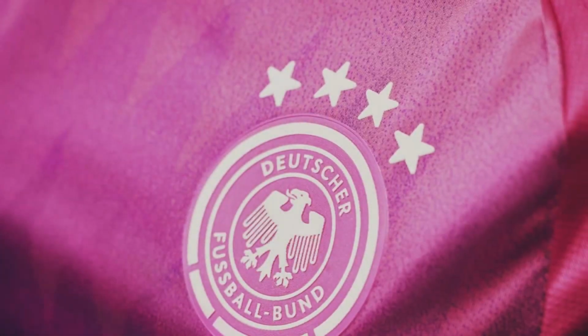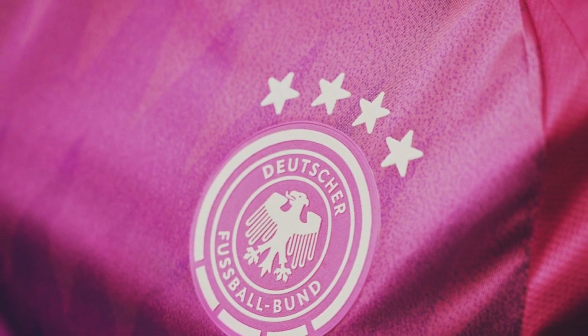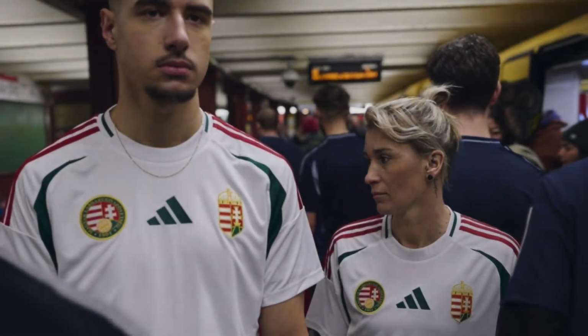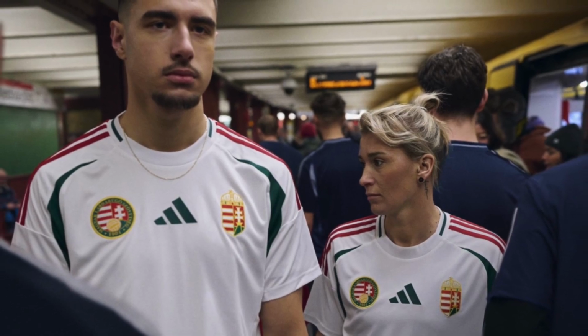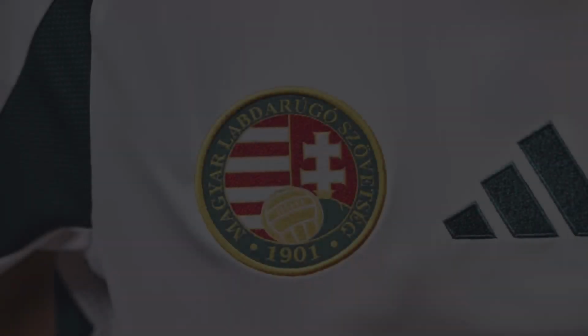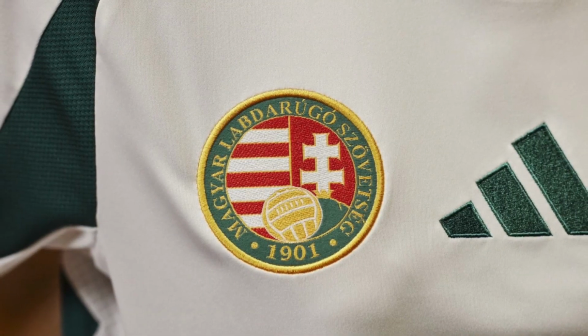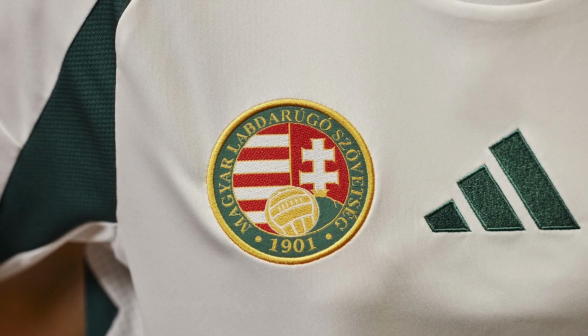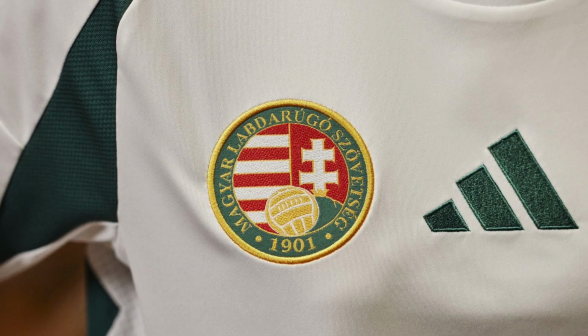The away version opts for pristine white, incorporating colors through stripes and inserts. Meanwhile, Wales stays true to tradition with their home kit, while the standout feature of their away attire lies in the zigzag-striped side inserts. Notably, each jersey boasts a prominent Adidas logo, larger than before, rivaling association emblems, crafted from